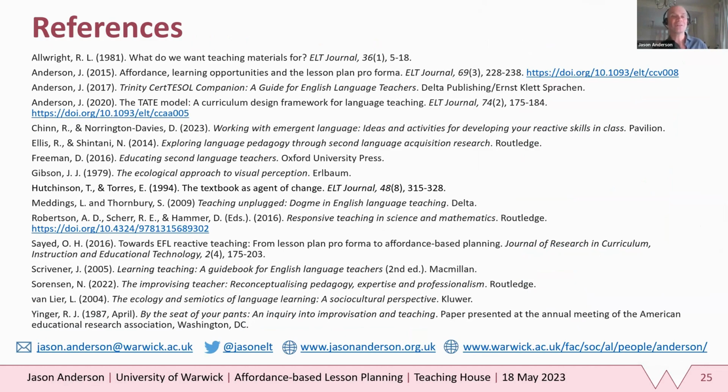And a few others there as well, including Richard Chinn and Danny Norrington-Davies' book on working with emergent language, and a few of my own pieces there. The 2015 article where I look at the lesson plan pro forma and deconstruct it from an affordance-based perspective, and also the TATE model, also in ELT Journal, as a curriculum design framework. So there we go. Liz